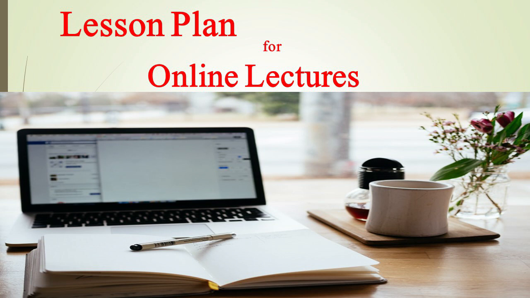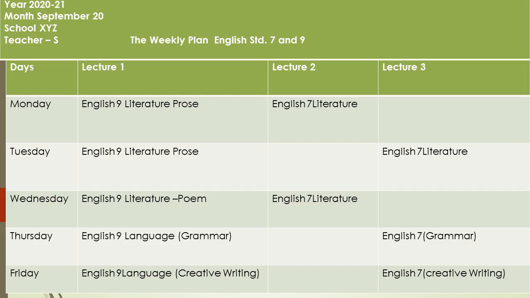Now, in the first slide, if you see, every school gives a proper timetable for all the teachers. For example, if you're taking up English for the higher grades, standard 7th and standard 9, this is languages. We all know that languages are divided into two categories. One is the literature section and another one is the language section. So the literature section consists of teaching poetry and prose both, and the language section, the grammar part and the creative writing.